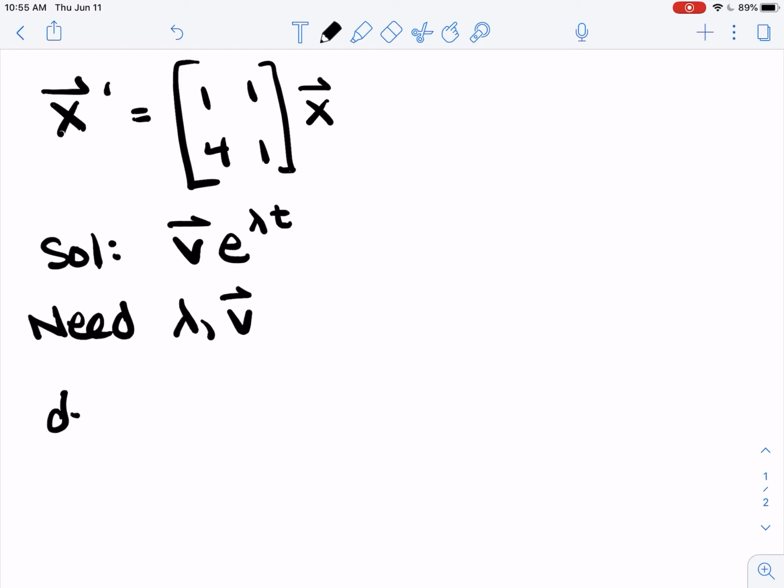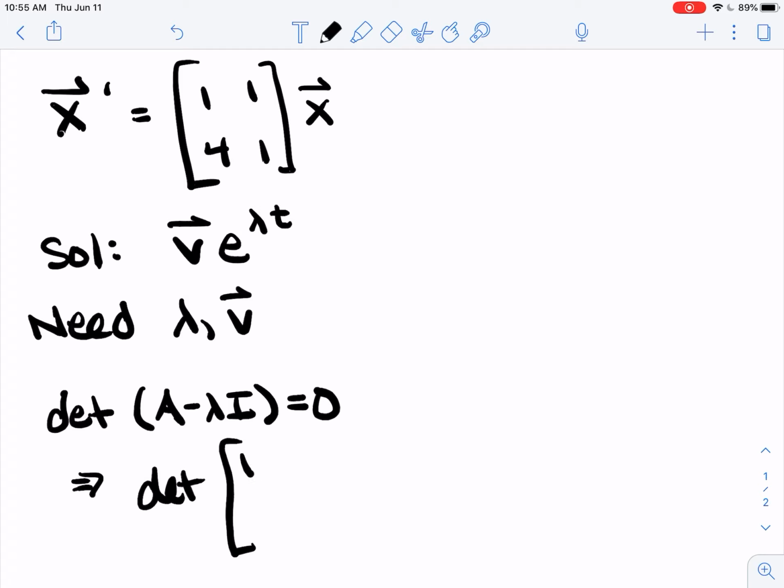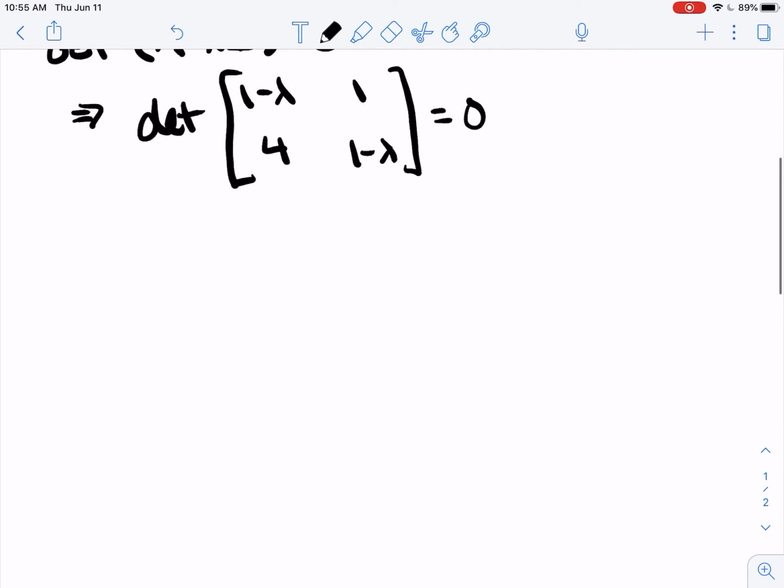So let's do that. Remember, for eigenvalues, we need to find the determinant of A minus lambda times I, and we need to set that equal to 0. So that here is the determinant of the matrix with 1 minus lambda, 1, 4, 1 minus lambda. We want that to be equal to 0. So that is (1 minus lambda) squared minus 4 equals 0, which is